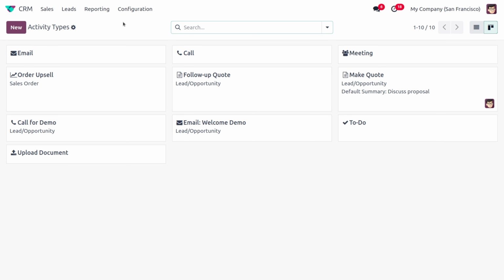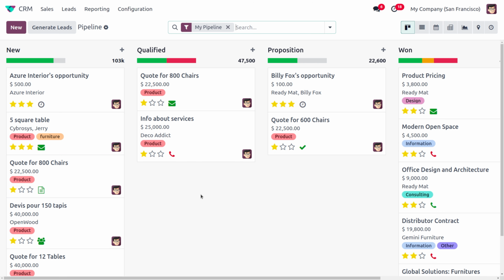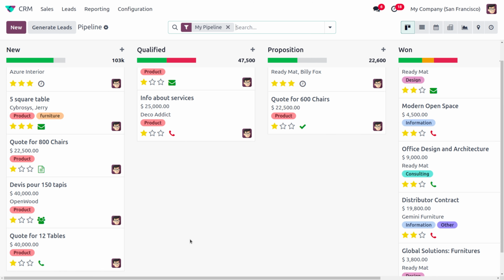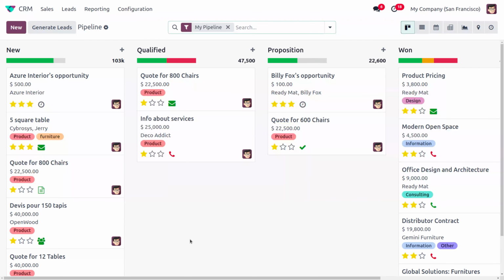So we have already discussed how to create activities. Now let's see how we can configure the activities in the pipeline. In this case, you can find that there are activities which are configured into a particular task. The gray clock simply represents that we have scheduled an activity, and there are different activities.